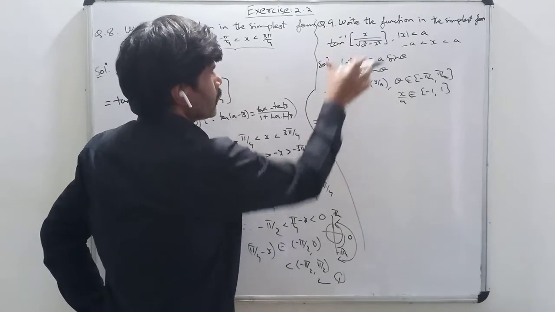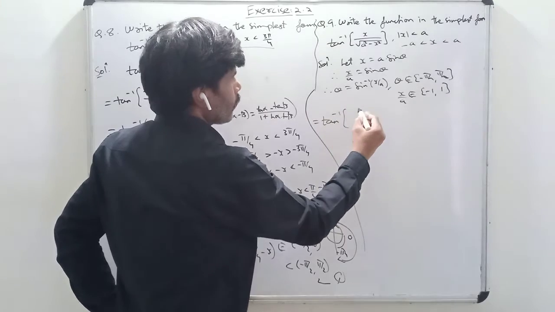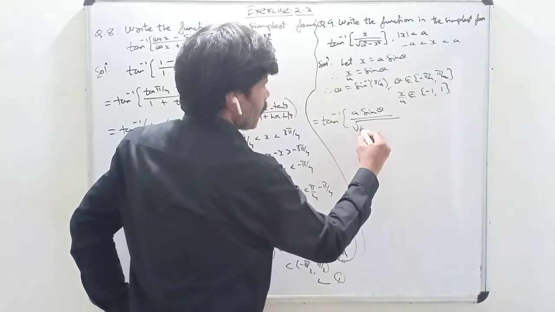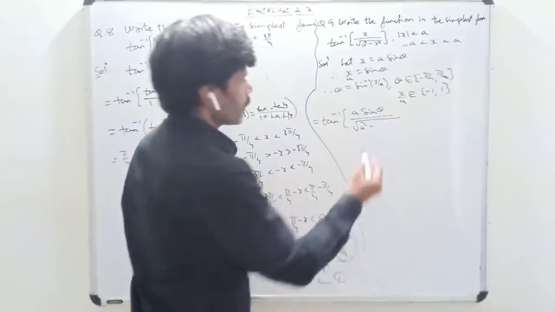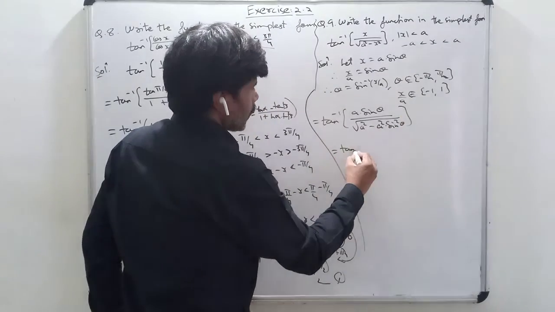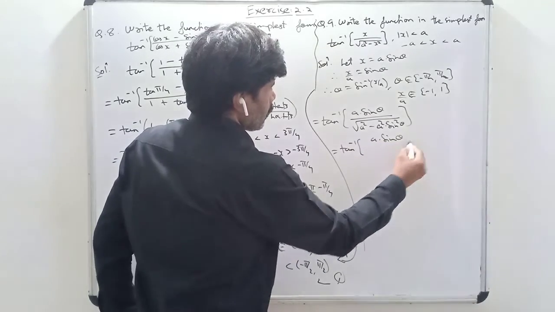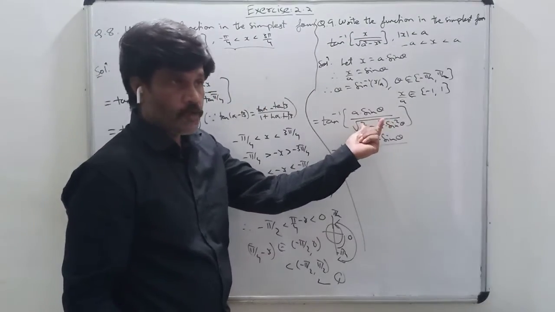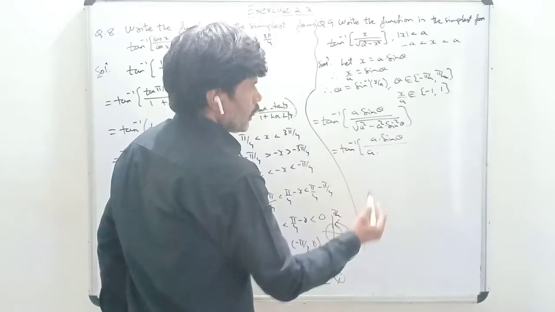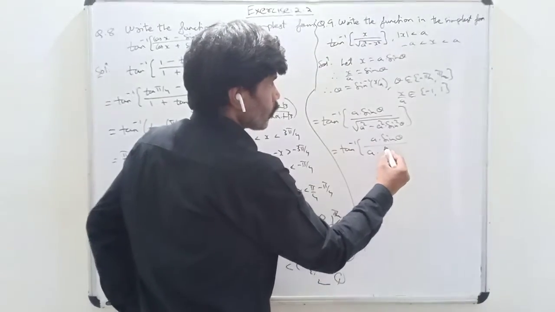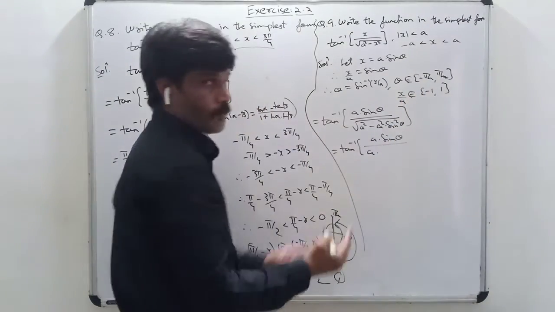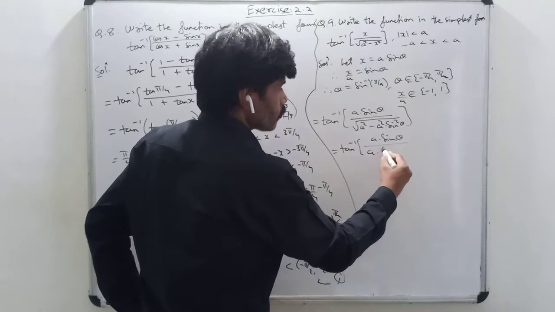Okay, so this expression will become tan inverse of x. What is x? A sin theta we have assumed, upon root of a square minus x square, so a square sin square theta. So this will become tan inverse of a sin theta upon, inside the root what is common? A square. So when it comes outside the root, it will be a into root of 1 minus sin square theta. Root of 1 minus sin square theta is cos square theta, and square root of cos square theta is mod cos theta. Mod cos theta, here theta is between minus pi by 2 to pi by 2, means first and fourth quadrant. In the first and fourth quadrant the cos function is positive, so I'll write just cos theta.